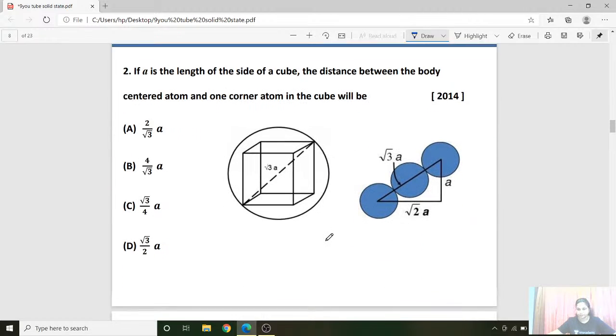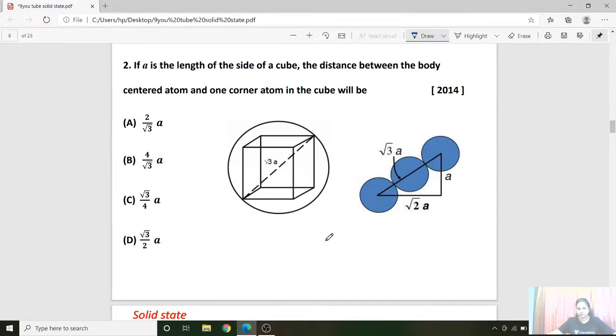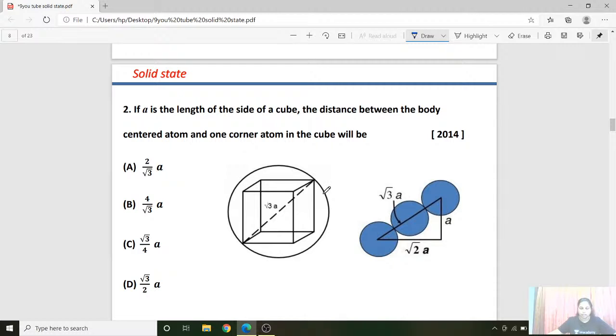Okay. And now look here. If you take a cube, this is a body diagonal, isn't it? This is a body diagonal. And we know the body diagonal of the cube is root 3 into A. This is the body diagonal of a cube. The question asked here is the distance between the body-centered atom